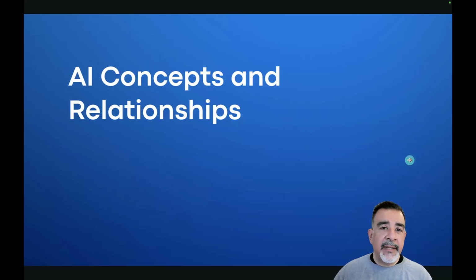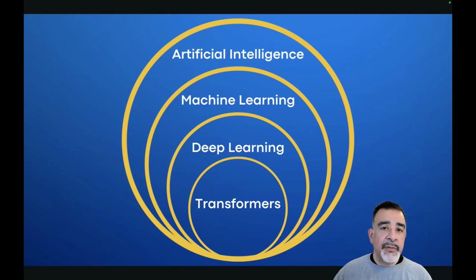Let's look at some basic AI concepts. First, artificial intelligence. It is the use of a computer to mimic human intelligence. Machine learning is a subset that focuses primarily on using algorithms and statistical methods to help a computer learn. Deep learning is a particular method that uses neural networks to aid a computer in learning from data. And finally, transformers is another technique that uses attention, and we'll go into that a little bit later, to be able to understand relationships between words.